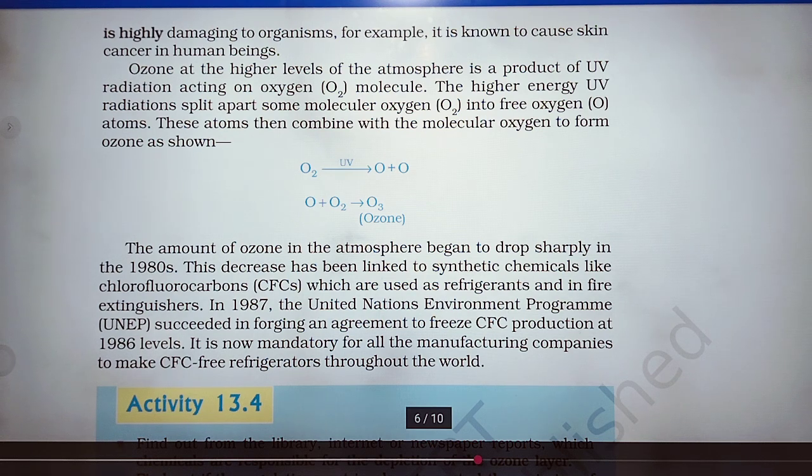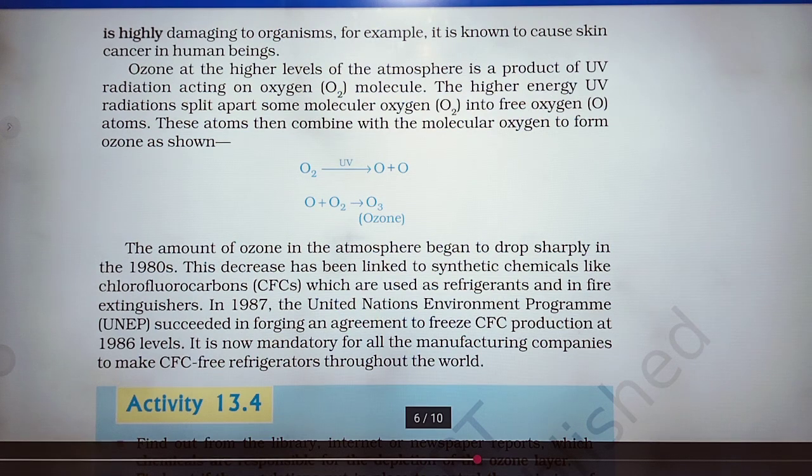Okay, this decrease had been linked to synthetic chemicals like chlorofluorocarbons, which are used as refrigerants and in fire extinguishers. So this decline of ozone has been linked to synthetic chemicals like chlorofluorocarbons, CFCs. Okay, it is a short form, and they are used as refrigerants and also in fire